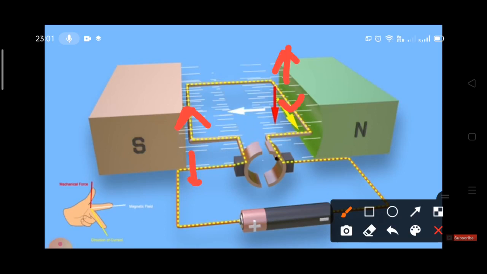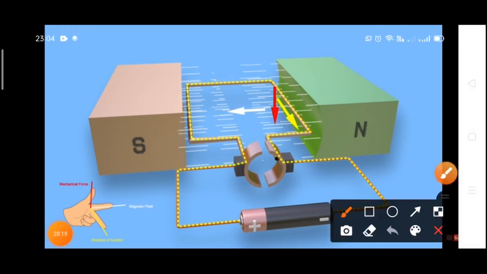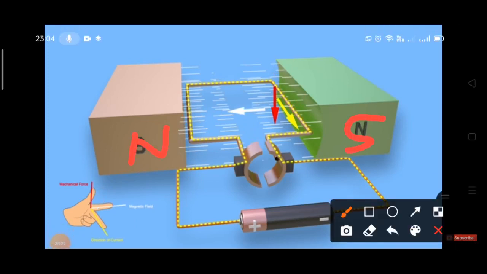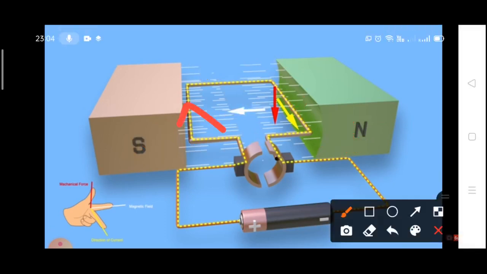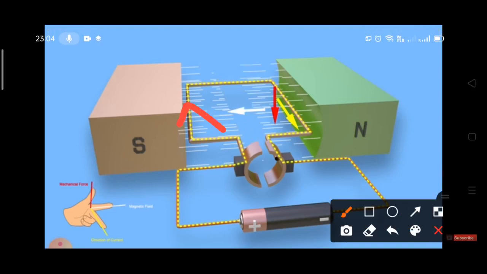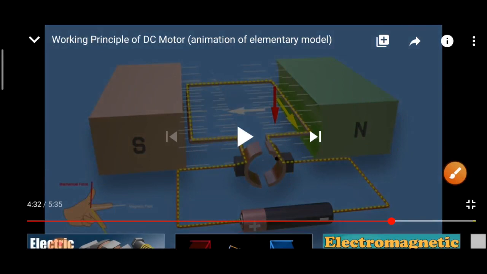Then after that, for convenience you have to write north here, south here. So the direction of magnetic field will be this. Current is flowing in this direction, so AB will first move downwards and CD upwards. After that CD will come on the opposite side, and the direction of current will be changed. Originally the CD direction was this, but when CD comes on this side, the direction in CD will be this, so it will move downwards. In this way it will make a complete rotation. You can study this from the NCERT book.